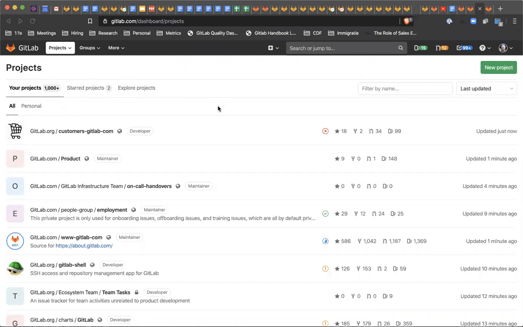Today I'm going to be doing a product walkthrough, exploring some of the features in the verify and package stages. So what I'm going to do is create a new project. I'm going to get it building using GitLab CI and preferably Auto DevOps, so it's all automatic. I'm going to deploy it to the container registry, and then